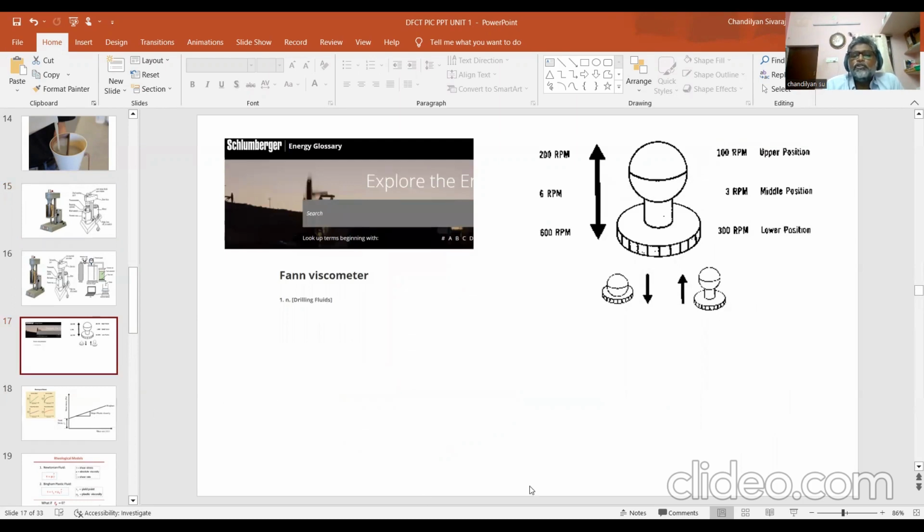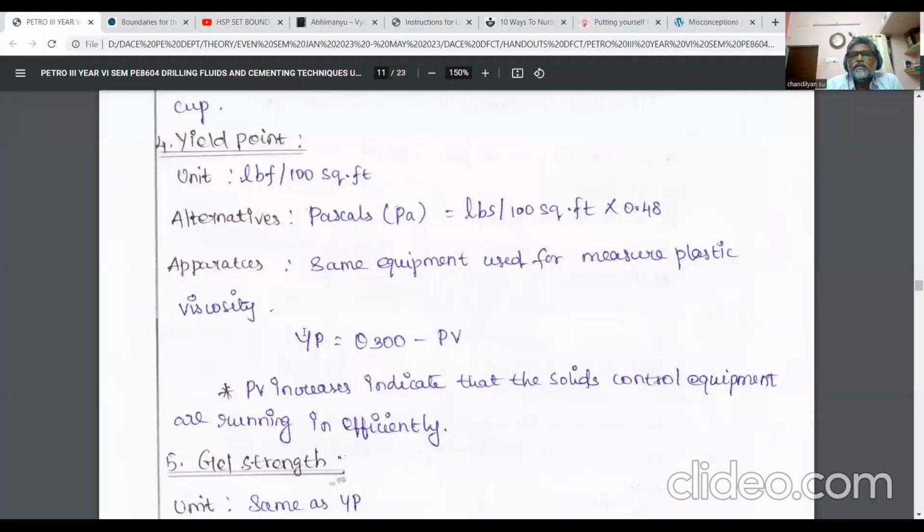Now the concept of plastic viscosity is covered. Let's go into the yield point. For yield point, the same equipment and units apply, so you have to watch for it. Yield point is the shear rate at 300 RPM minus PV. PV stands for plastic viscosity, and YP stands for yield point. What is a yield point? It is an intercept. In the graph for the Bingham plastic model, the slope is the PV, plastic viscosity, and the intercept is the yield point, like the straight line equation y equals mx plus c. M is the slope and c is the intercept. C stands for